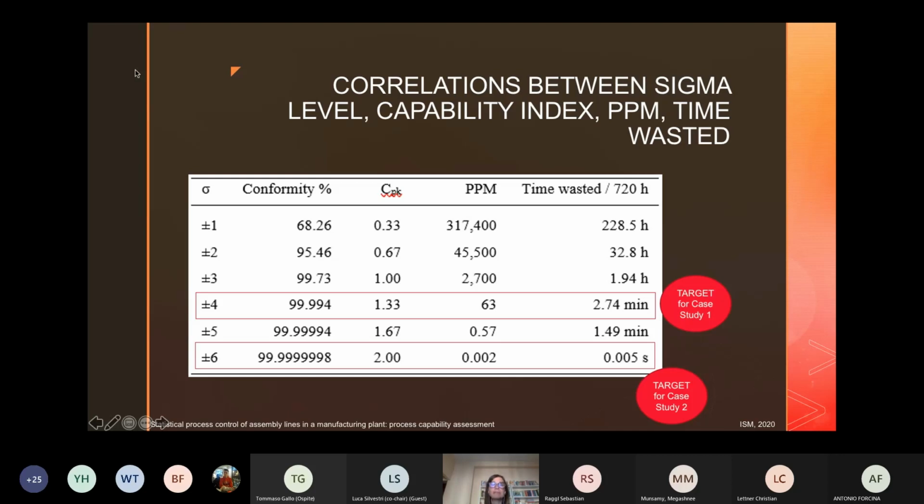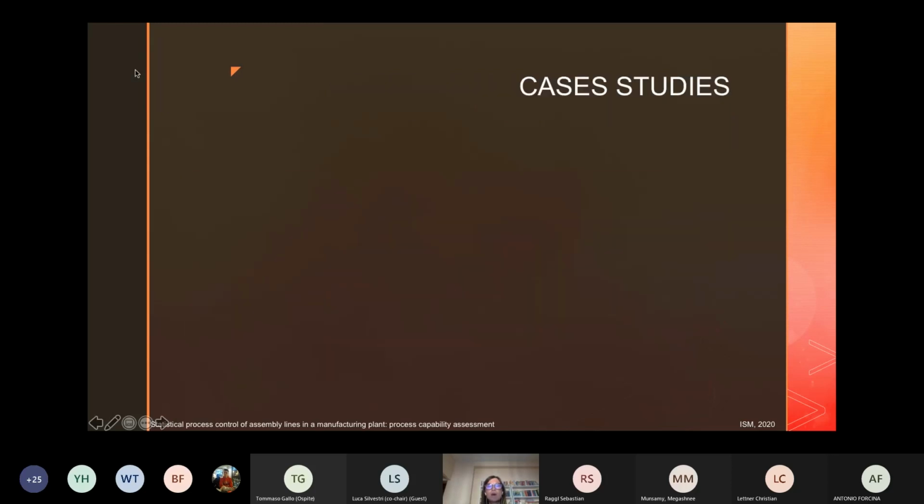The value of the CPK index is then related with the sigma levels, and specifically for case study 1, the target set from the company is a level of 4 sigma, to which corresponds a CPK equal to at least 1.33, while for case study 2, the target is set at a sigma level of 6, to which it corresponds a CPK of at least 2. So this was the methodology, and now we can go to the detail of the two case